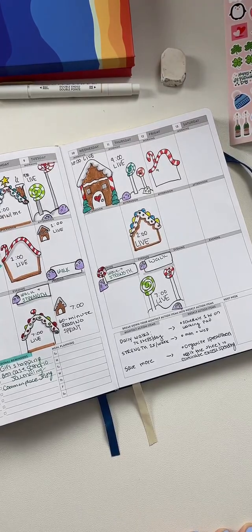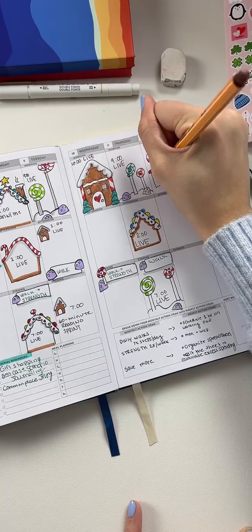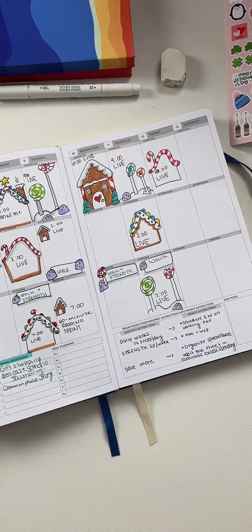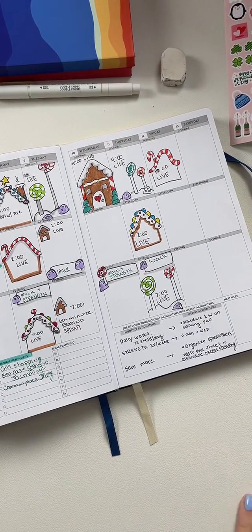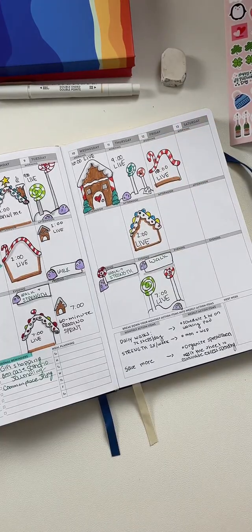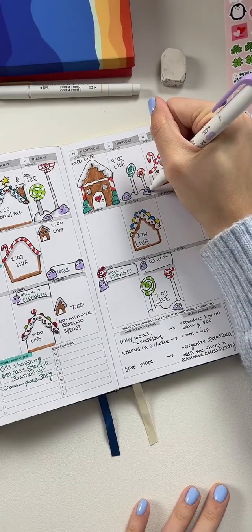Did I do this one at 9? I think so. Nope, 10. Amazing. Now, what I also like to do is in the next week box, that is where we're going to just list out anything that is coming up next week. I did miss a gumdrop there, so I'll color that one in first. But we actually have a lot going on next week, so I want to write it all down.